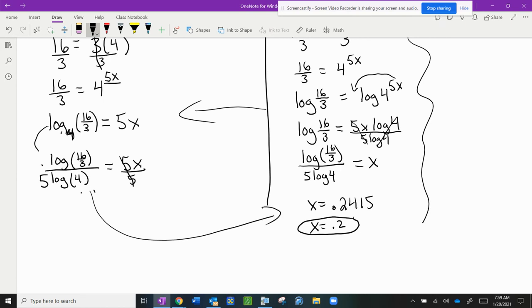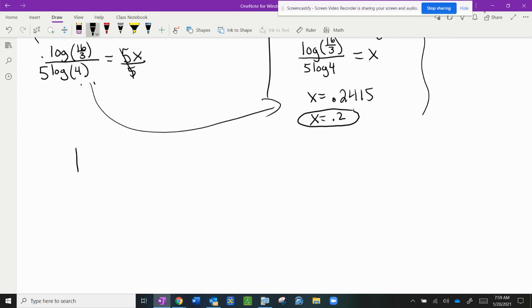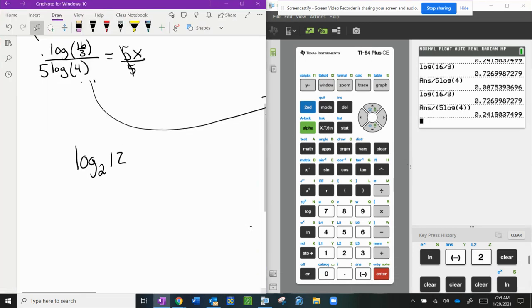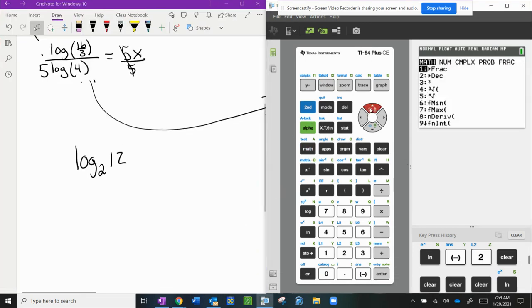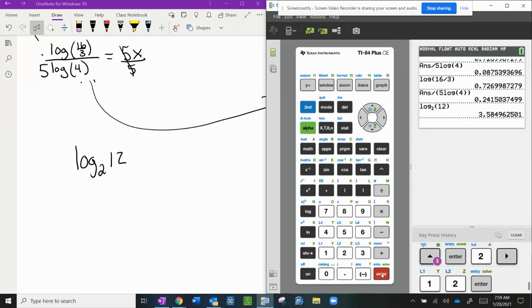Okay, so that's like a little bit of a workaround if you wanted it, maybe your answer in your book wasn't log base 4. So I just want to go over a couple change of log scenarios because this is what this lesson's kind of about. So let's say I have log base 2 of, let's do 12. Okay, so let's go to my calculator. I'm going to do a quick split screen, and I'm going to put log base 2 of 12 in. And I'm going to get this